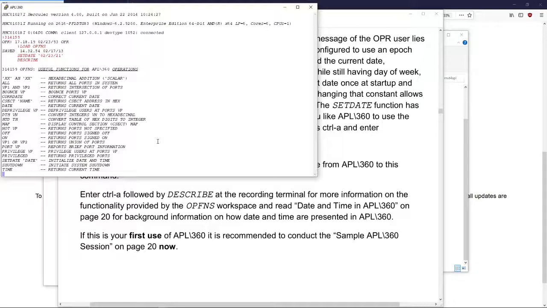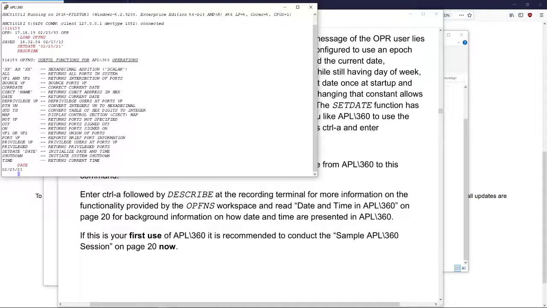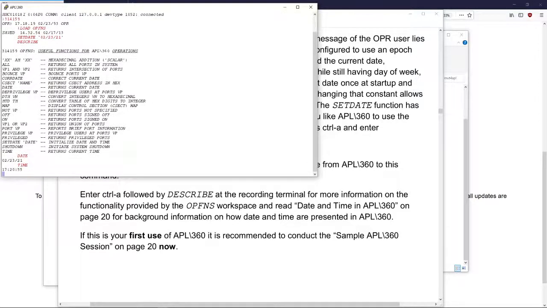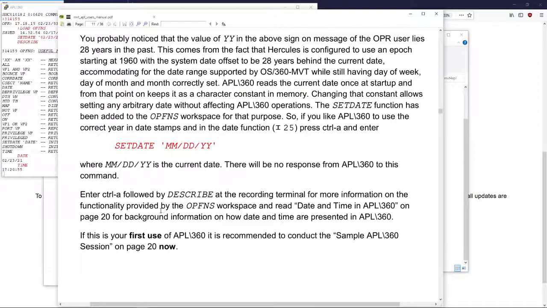The one I'm interested in now, I'll type in Control A and date to make sure the date is correct, and then we can do Control A and time. And if you set the TZ offset value correct in your conf folder in those files, this should be your current local time. Okay, so